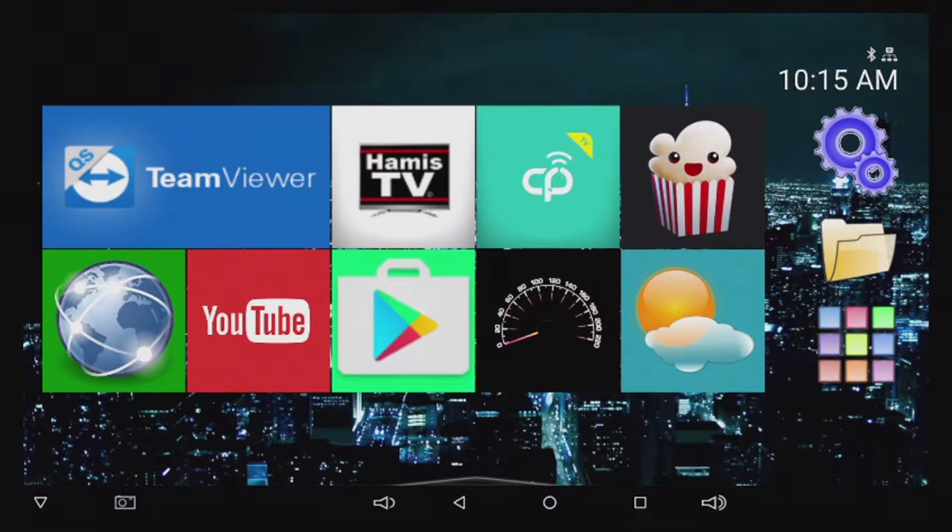In this video, I'm going to show you how to update your hamisTV app version. I'm going to show you how to find out what version you have and where you'll see what version is available. In the future, I'll have an app in here somewhere that'll do this all for you, but in the meantime, let's get started. The quickest way to find your version of hamisTV is to go here to the gear,